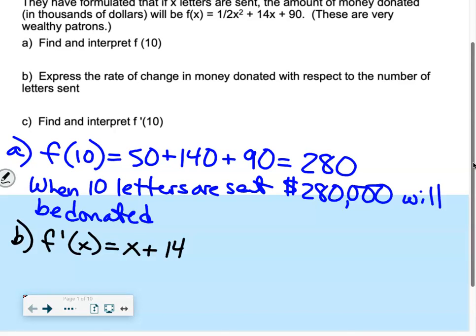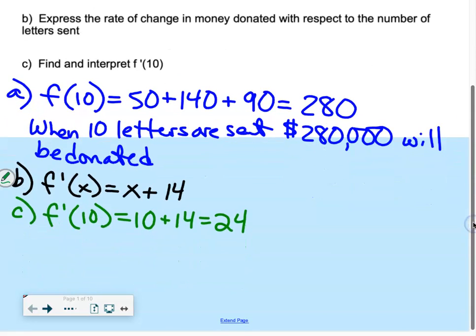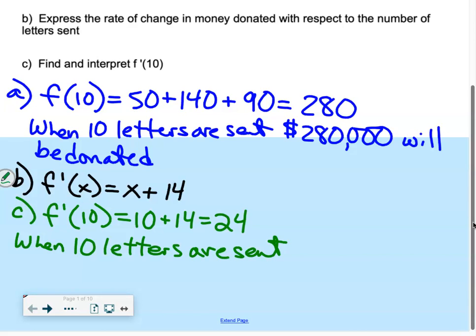All right, so for part C, find and interpret f prime of 10. So f prime of 10, well, that's just 10 plus 14, or 24. All right, that part's the easy part. Let's interpret. Always start with your input. When 10 letters are sent, input is still x. It hasn't changed, so that 10 still represents the number of letters that were sent. So when 10 letters are sent, the money donated,